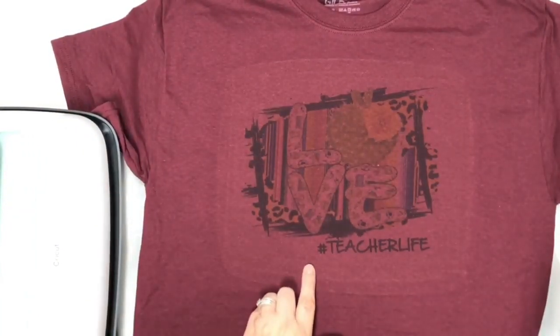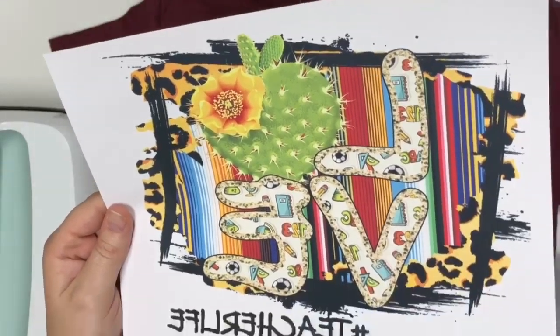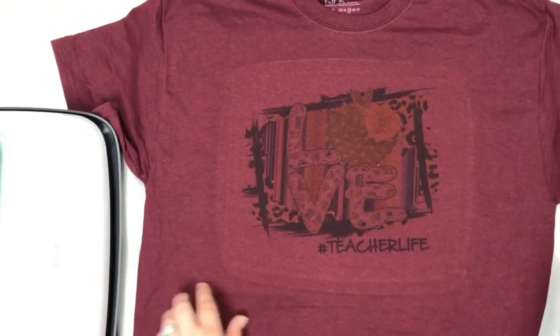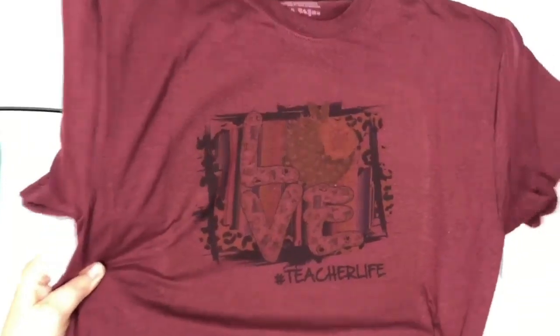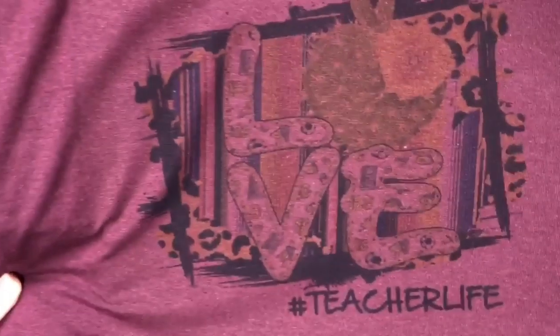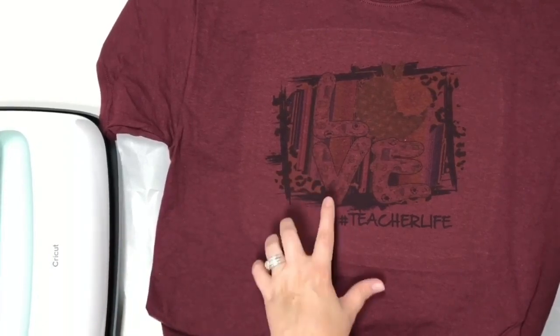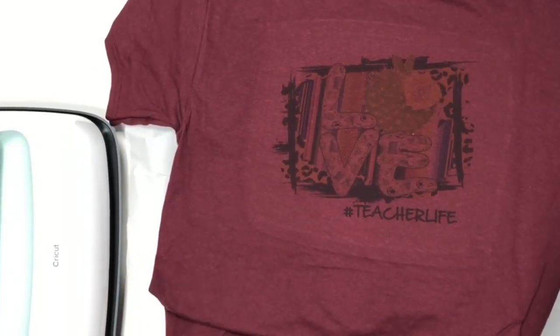All right, so this is what it looks like so far, right? My sublimation image still looks really good, so I could actually use this another round. So I'm going to set that aside. You can see here, it's super light. It's really hard to see. I mean, you can see it there, but that's not a shirt you would want to sell or wear, really. It really seems a little bit better than what it is, and it really is not when I bring it in. This is what it looks like down here. I mean, it's not great, but now let's go ahead and take them outside and spray some bleach on them